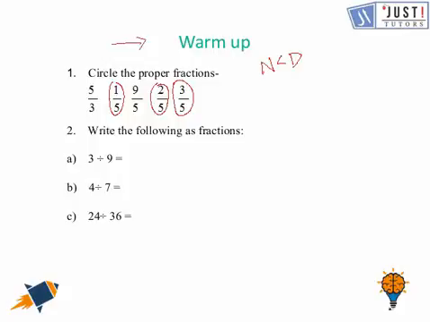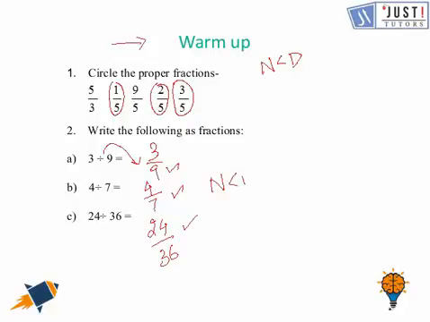Now in question number 2, you need to write the following as a fraction. As we all know, the line that separates the numerator and the denominator represents the division sign. So here the answer is 3/9. For the next one it would be 4/7. And for the next one it would be 24/36. And as you can see in all of these three fractions, the numerator is less than the denominator, so they